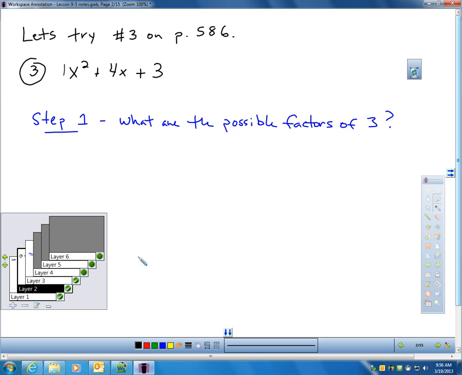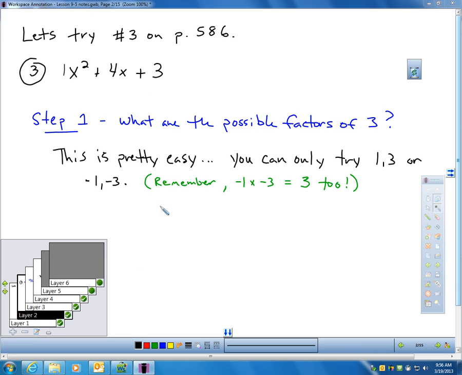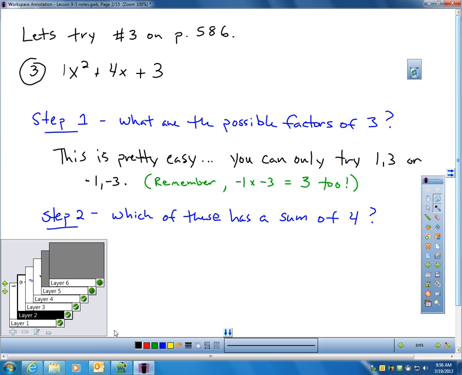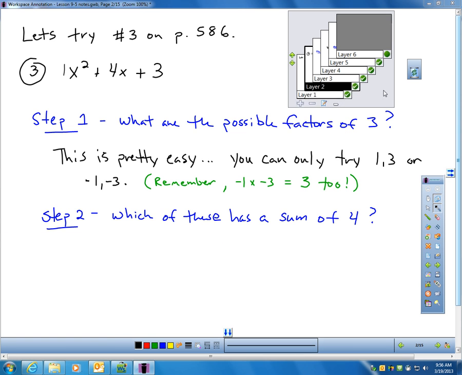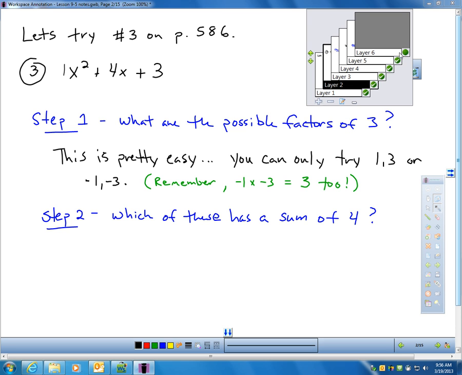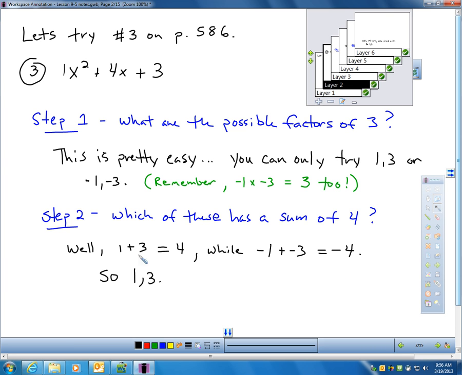What are the possible factors of 3? What times what is 3? And this one's pretty easy. There's only two possibilities. 1 times 3 equals 3, but remember, so does negative 1 times negative 3 would equal 3. All right, so there's two possibilities here. And now all I got to ask myself is, which one of these two possibilities will add up to 4? Well, obviously, 1 and 3 add up to 4, not negative 1 and negative 3. Negative 1 and negative 3 add up to negative 4, which isn't helping us. I want positive 4. So 1 and 3 are what I'm looking to use,